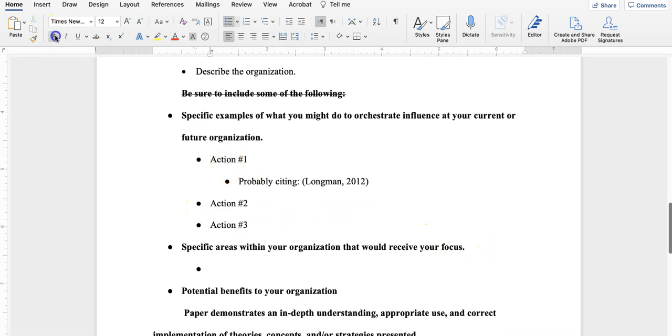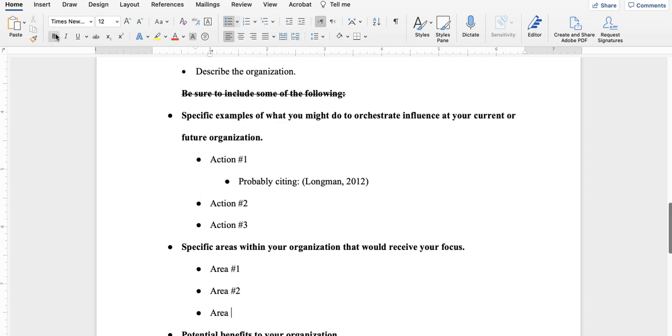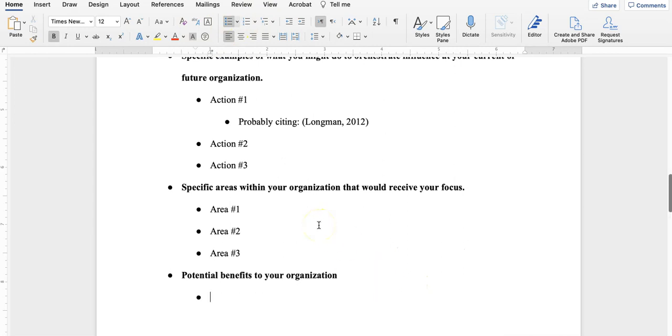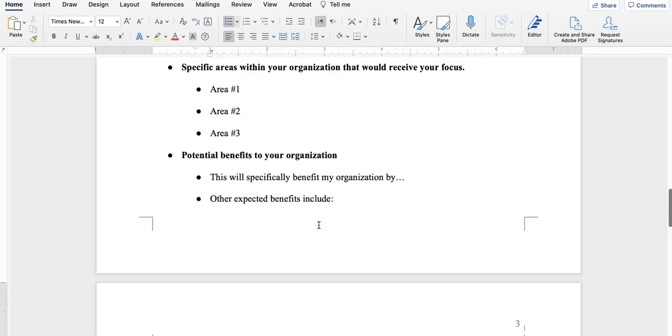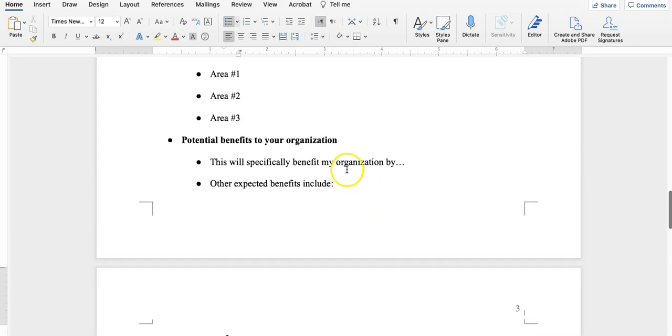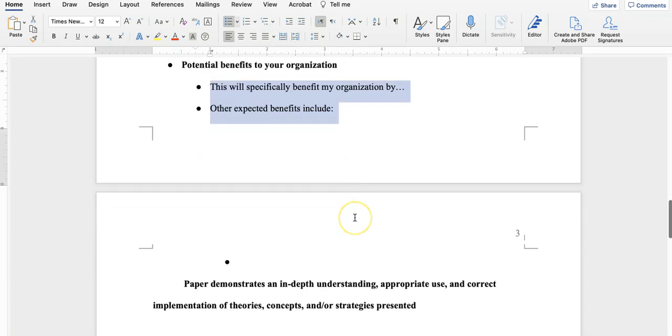Same thing here. Name some areas. And as you do the reading and see, oh, this is doing this for these reasons, you can go ahead and add that here.